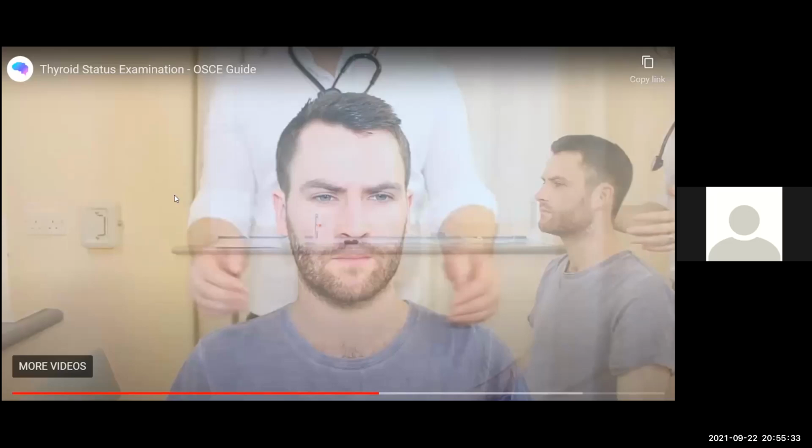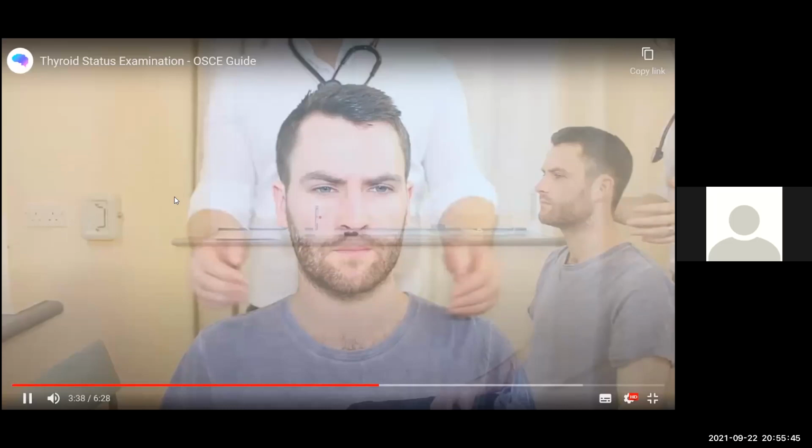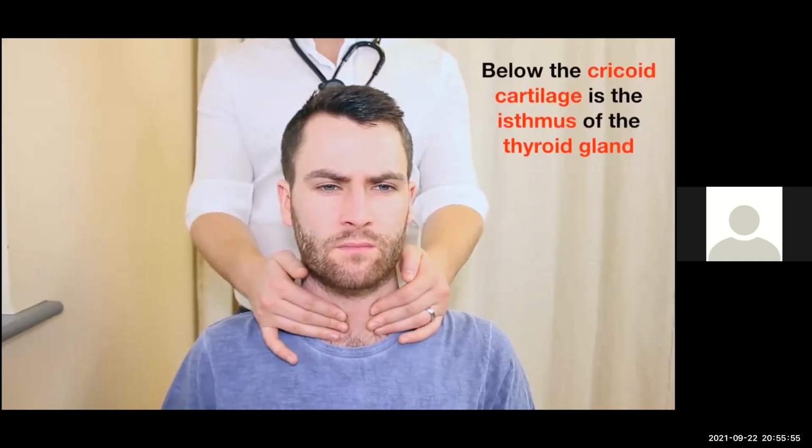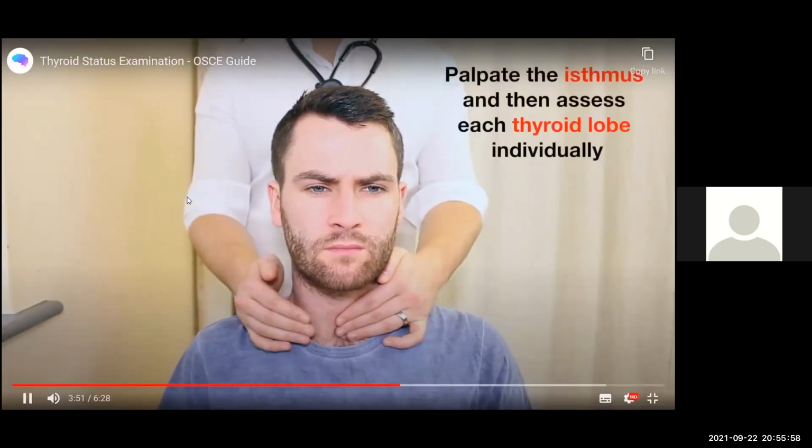Right. So in this particular examination, the examiner is starting the examination from the very back, right? Just see what they're doing first now. Right. So he felt where the cricoid was, where the thyroid cartilage was, and found where the midline was, and then went down. When we are doing it here, the main difference that we have is that we start our